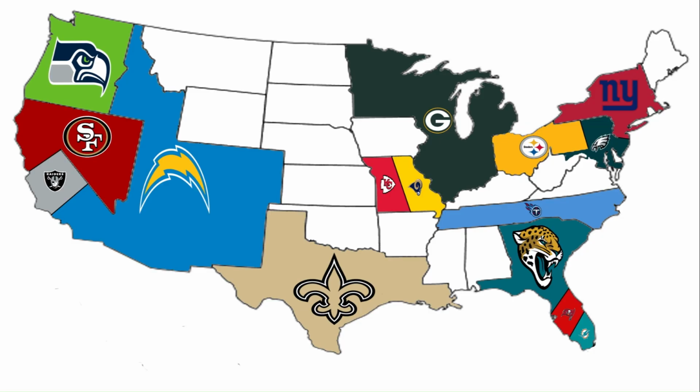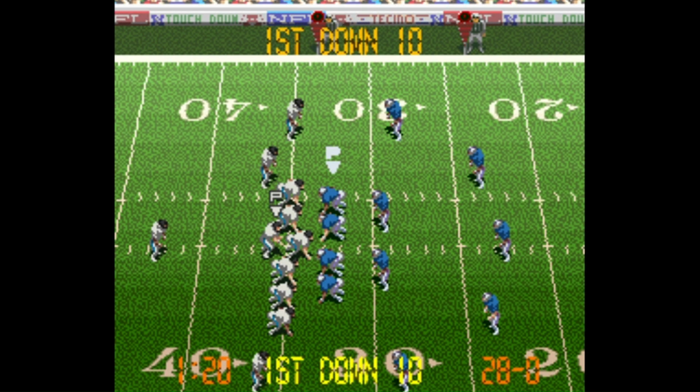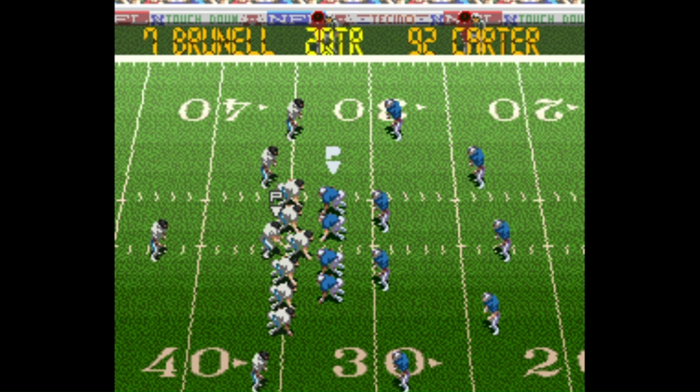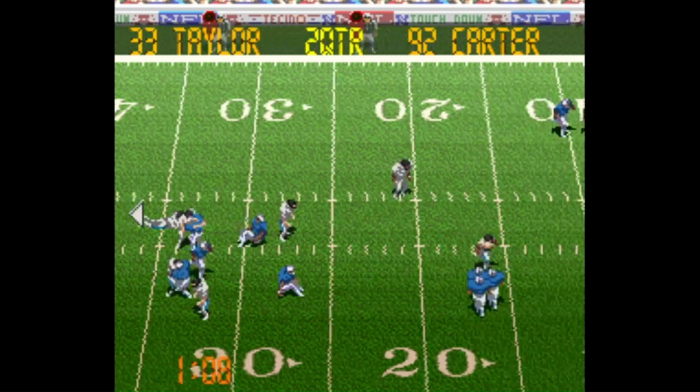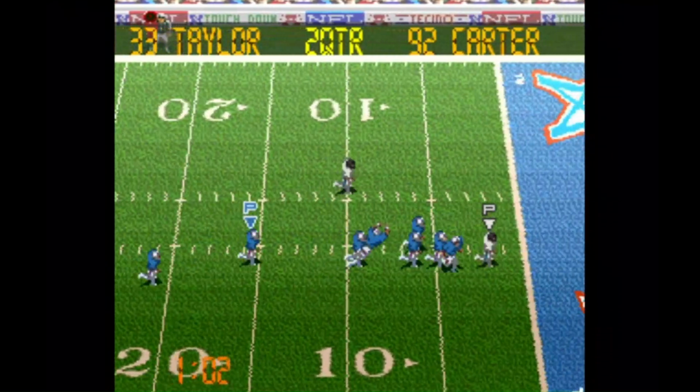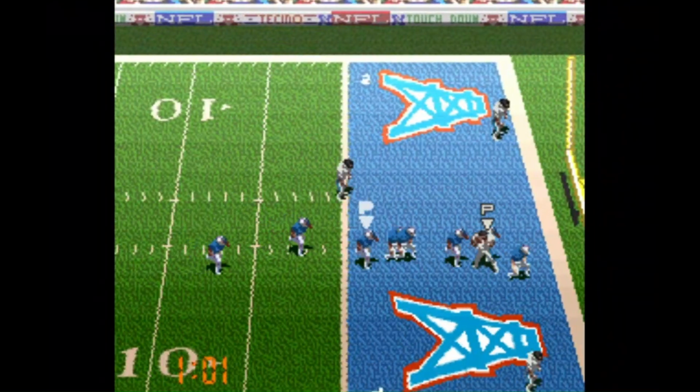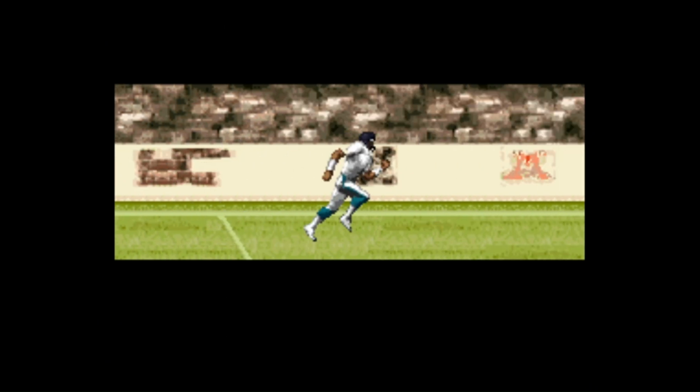We're getting a good matchup here. The Jacksonville Jaguars are going to be taking on their AFC South rivals, the Tennessee Titans. The Jaguars have jumped all over Tennessee in this game. It's already 28-0 still in the first half. Fred Taylor is going to catch this touchdown pass. The Jaguars take a commanding